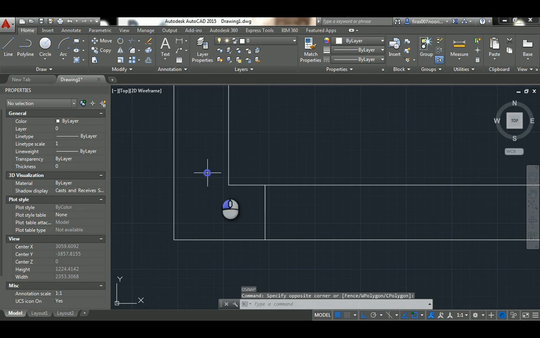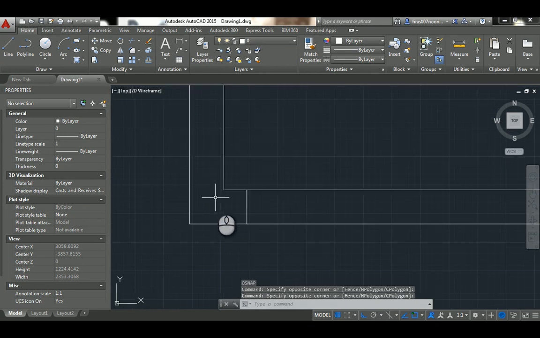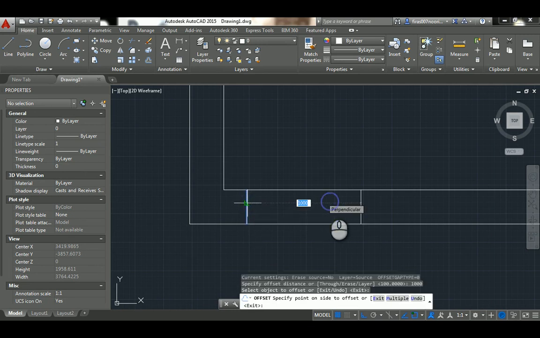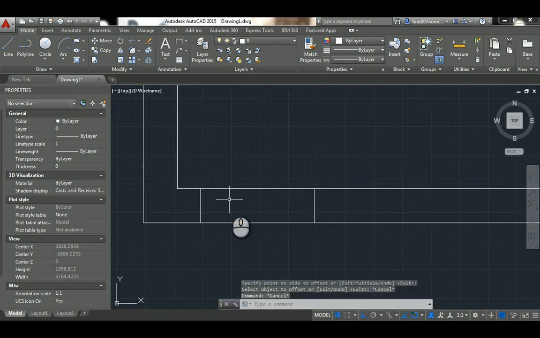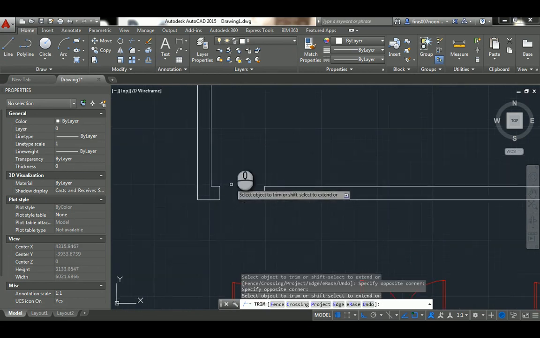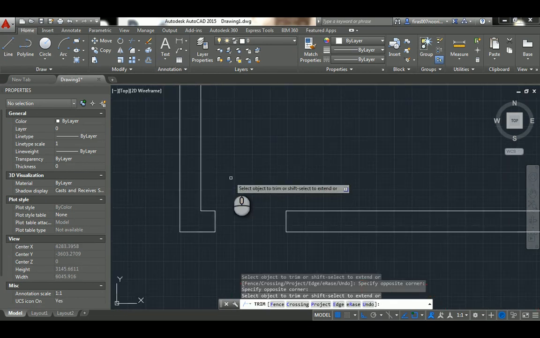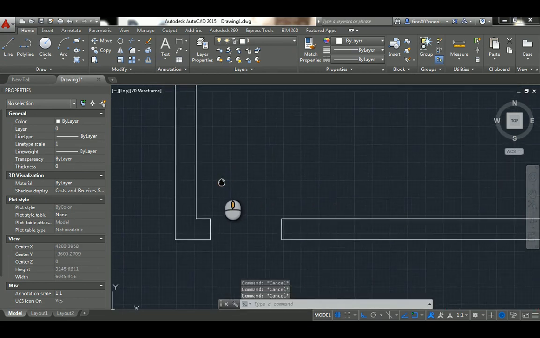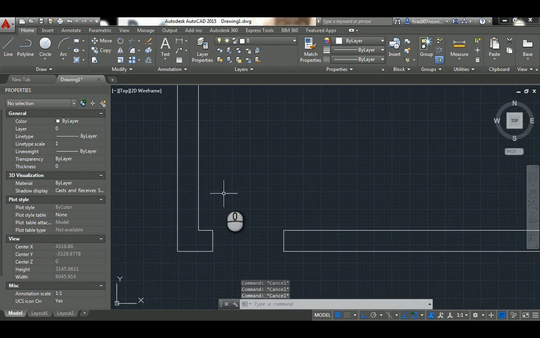Get rid of this extra construction line that we did, offset, space, and then take out 1000, and then just move your hand to the right to make the opening of the door. TR space space, and then get rid of these extra lines. In any scenario where you are working with a very big scale of an AutoCAD plan, like 1 to 200 or 1 to 500, you can just go a line and then go 1000 up,